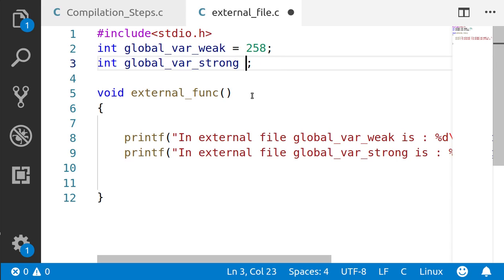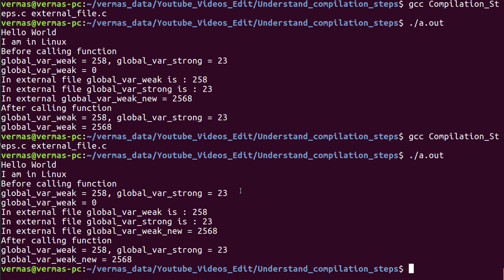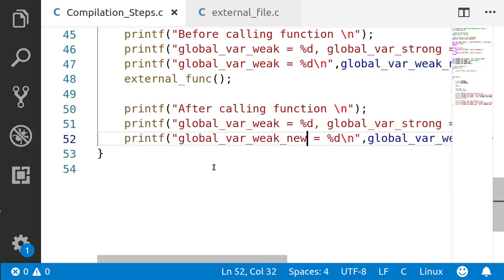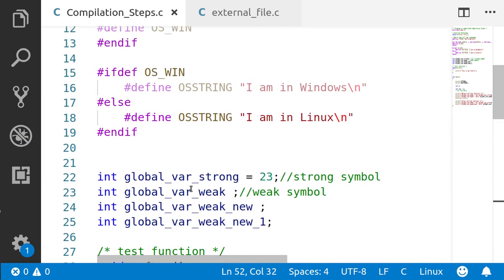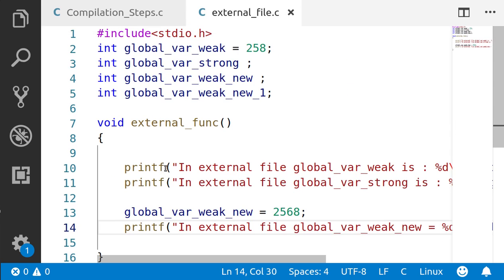Okay, so now I am removing this, and between two weak symbols, anyone can get selected. So now you can see that I have used the global variable here, which is global var weak new, and I have not initialized it in this file, neither in this file.